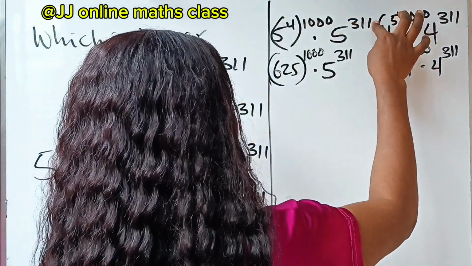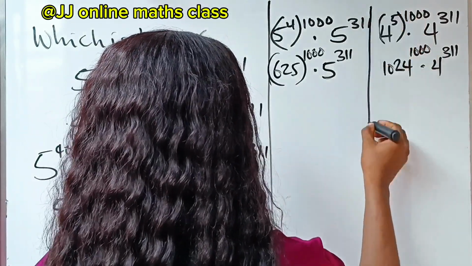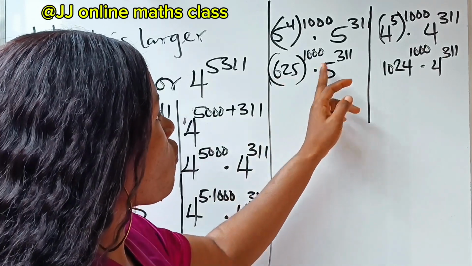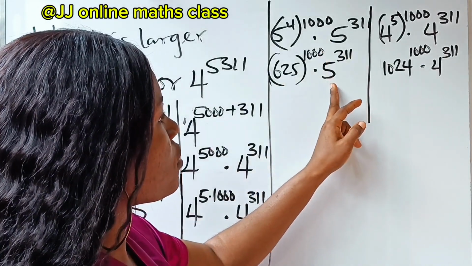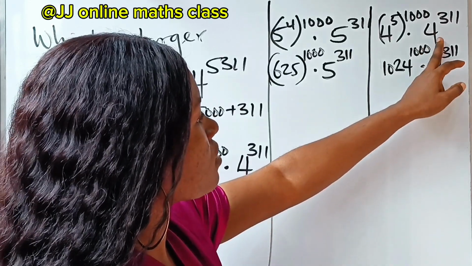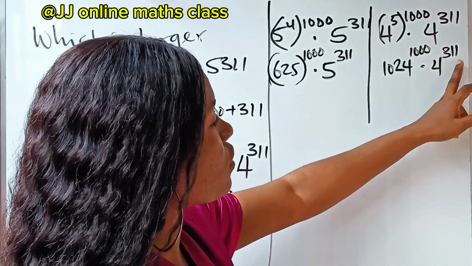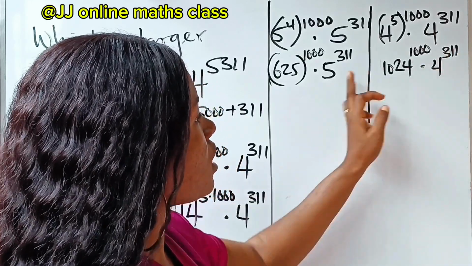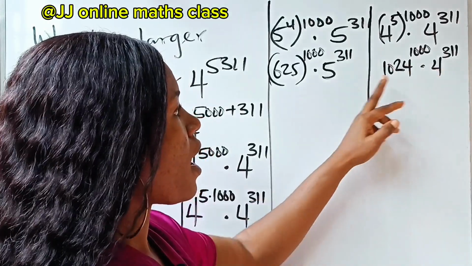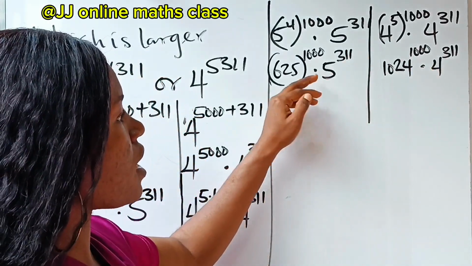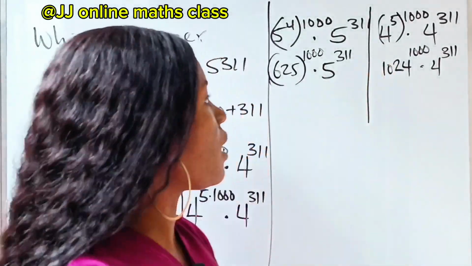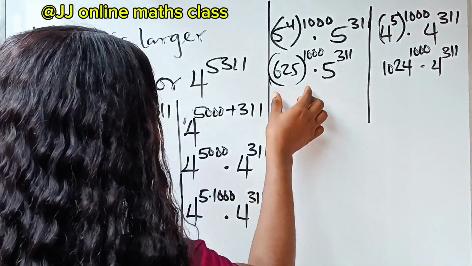Okay, let me see if I can bring out more space. All right, now we have this to the power of 1000 and 5 to the power of 311. Then we have 1024 to the power of 1000 multiplied by 4 to the power of 311. So this is somehow contradicting. We cannot say for sure because we have 4 here and this is smaller than this. But in this case, this is bigger than this and this is smaller than this. So let's try to bring out something clearer. So how do we do that? If you look at this now,